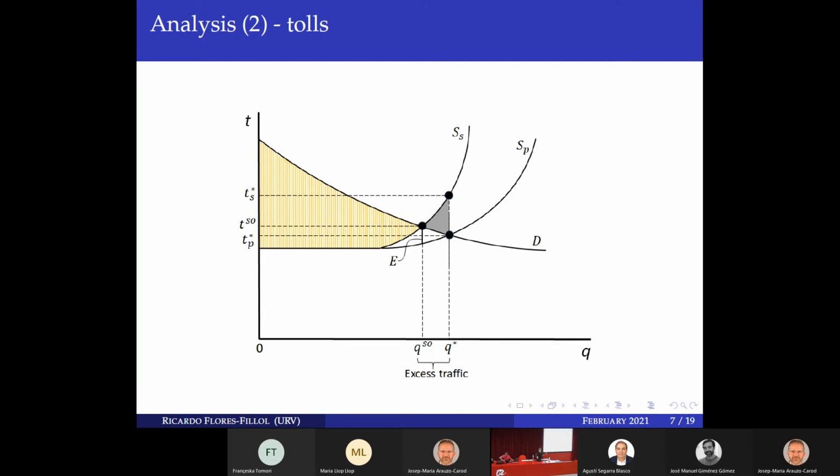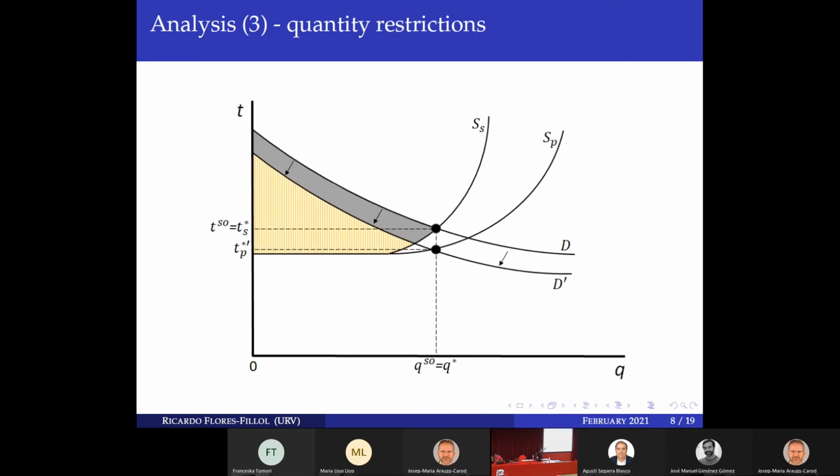And the other thing you can do is to apply a demand restriction policy. This is the other kind of policies, the quantity-based policies. You, for instance, remember the license plates or the low emission zones, where you basically shift the demand down. This is what you do. And if you do it correctly, optimally, you can also recover the social optimum. So both measures can be equally effective if they are designed optimally. This is the good news in terms of comparing both kinds of policies.